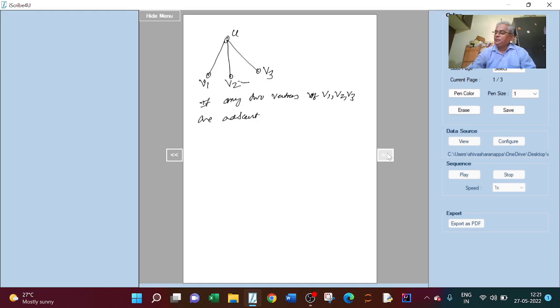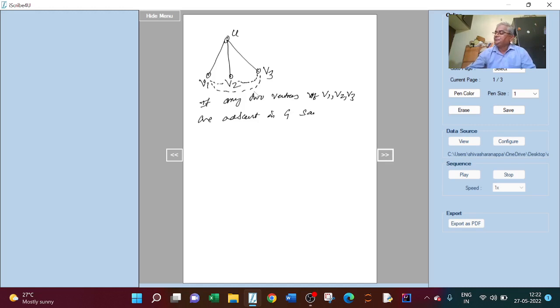So that means here, suppose V2 is adjacent to V3, or V1 is adjacent to V2, or V1 is adjacent to V3. Suppose V2 is adjacent to V3, then U, V2, V3 is a triangle in G. If V1 is adjacent with V2, then U, V1, V2 is a triangle in G. Or if V1, V3 are adjacent in G, then U, V1, V3 is a triangle in G. So here I will take, if any 2 vertices of V1, V2, V3 are adjacent in G,